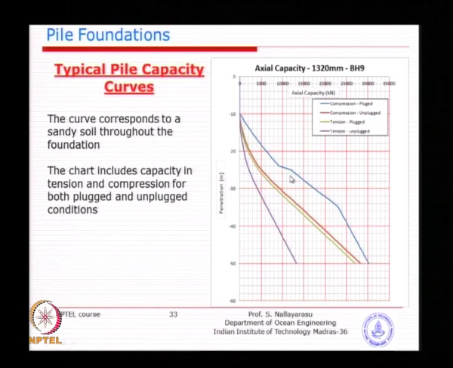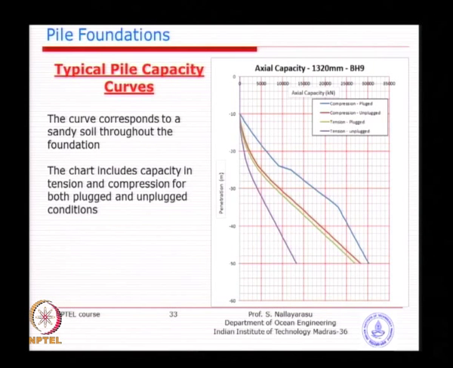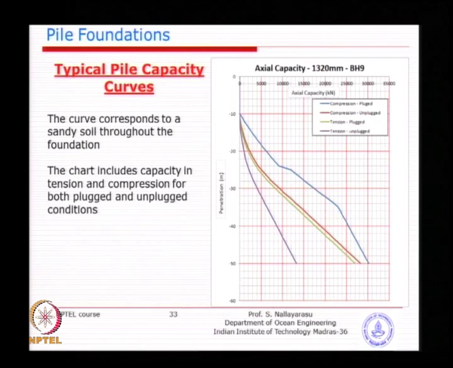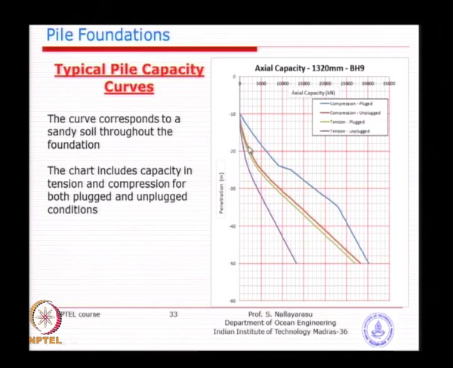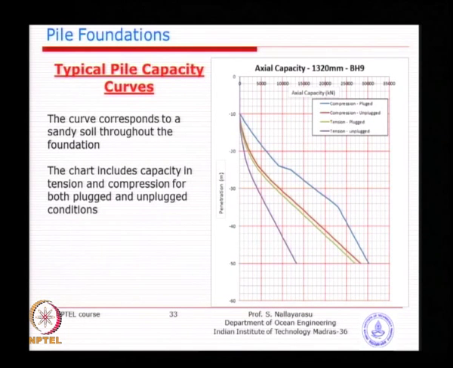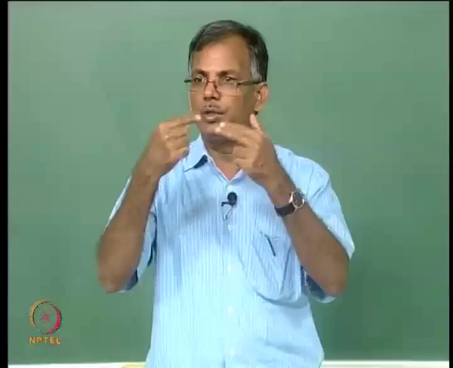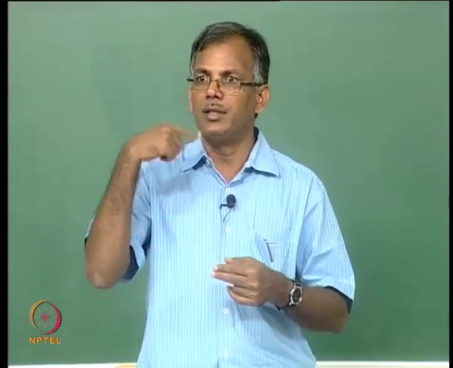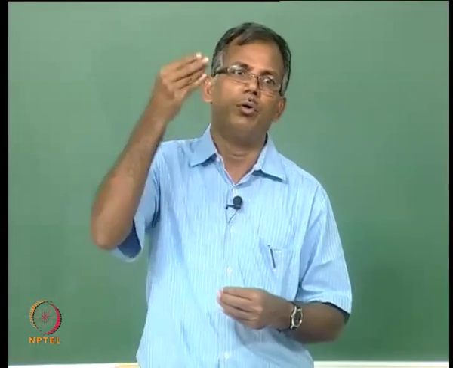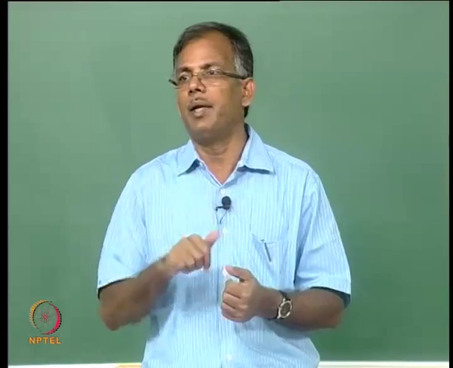So, you need to learn to generate this. In fact, this will be one of the tests, an assignment paper or a tutorial we can do, so that you can understand how this can be generated. It is nothing but a layer-wise evaluation of the friction, and for that locality you add the friction above plus the end bearing at that point. You move to the next point, you add the skin friction all above up to seabed plus the end bearing at that particular level.